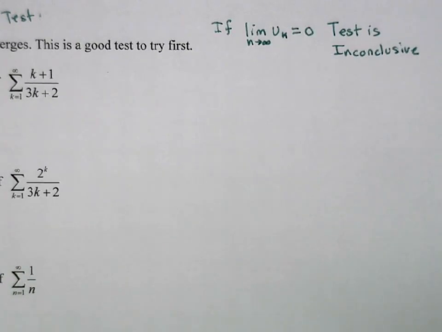The downside is if the limit does equal zero, that means the series has a potential to converge, but